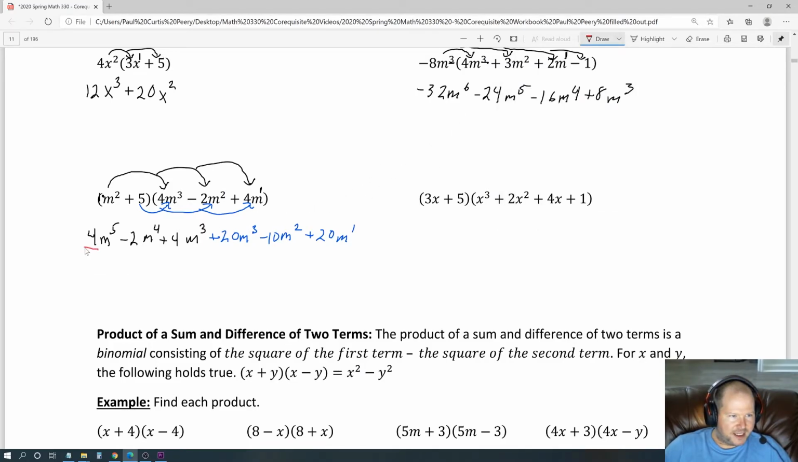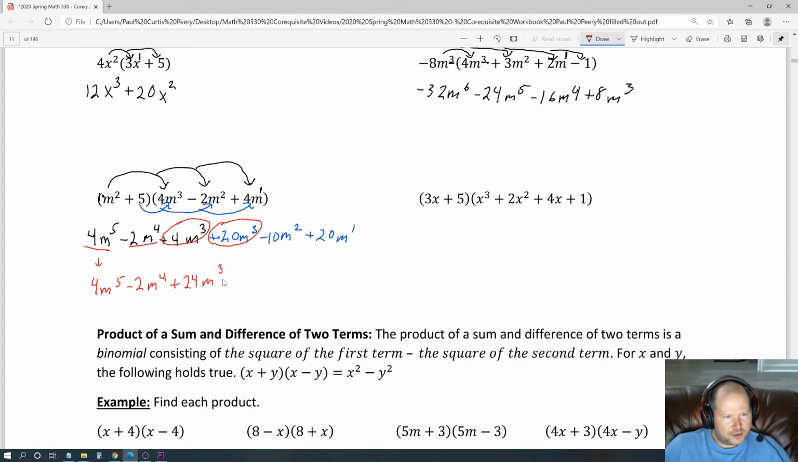So 4m to the fifth seems to be the highest degree that we have, highest exponent. So that one's simply going to be dropped down to 4m to the fifth. Next, we're looking for the next highest one, which would be a 4 right next to it. So it's negative 2m to the fourth. Next, it looks like we have a third degree, a positive 4m cubed. But we also have a positive 20m cubed. So 4 plus 20 is